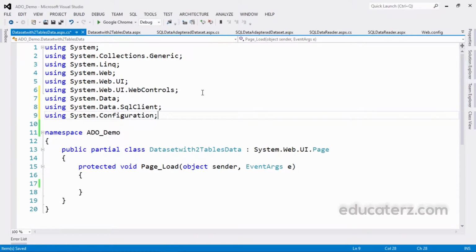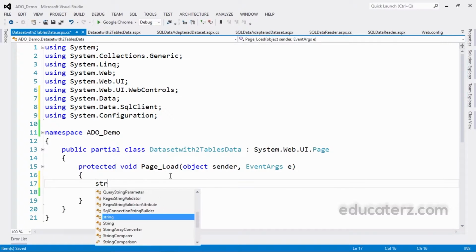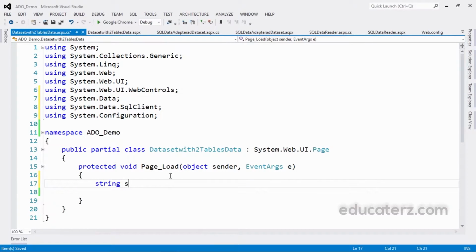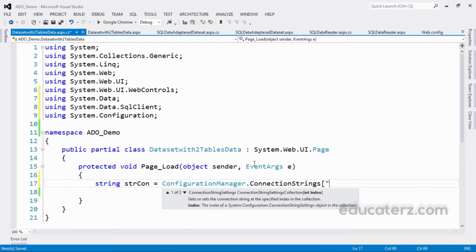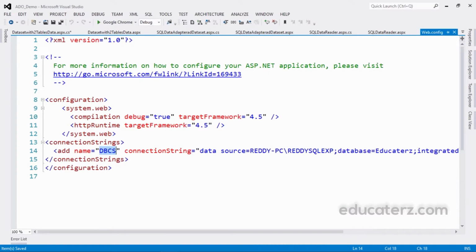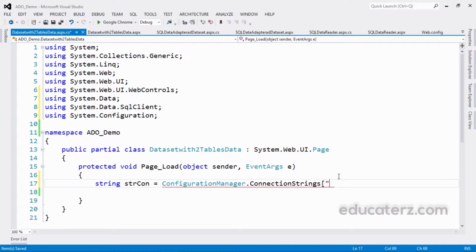Configuration is for getting the connection string from the web.config file. So first and foremost thing is we need to get that connection string from the web.config file. ConfigurationManager.ConnectionStrings of, hope you remember the connection string which we have given in the web.config file. If not, go to the web.config file and copy this connection string name so that you do not make any spelling mistakes.